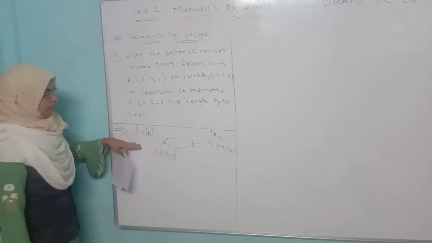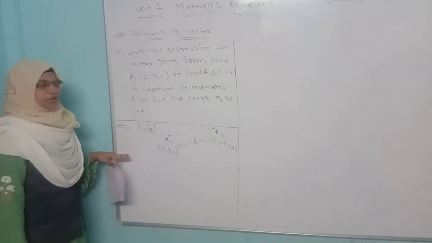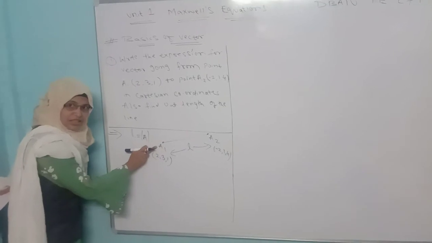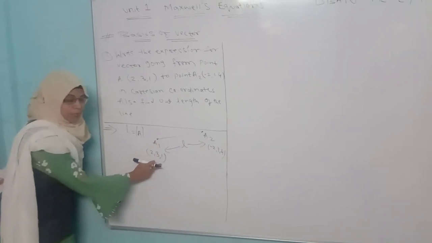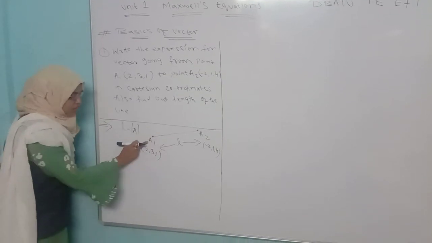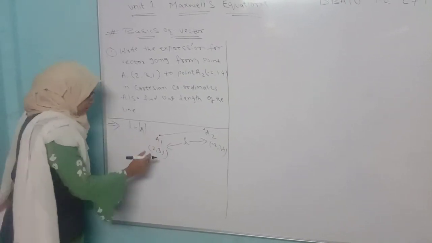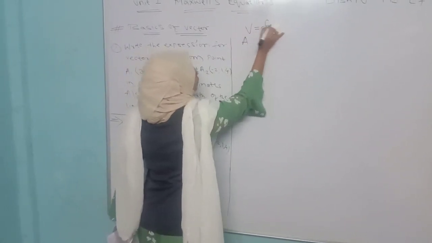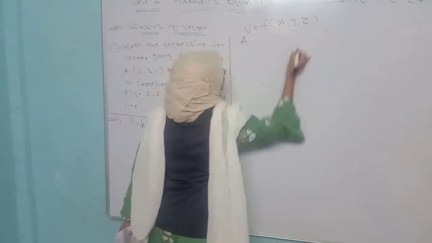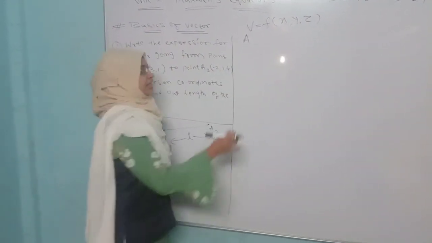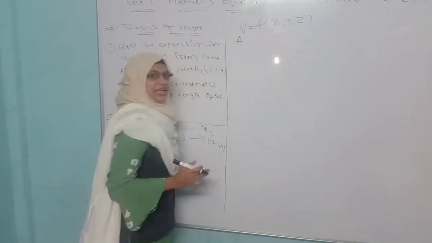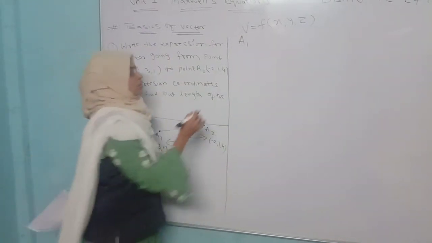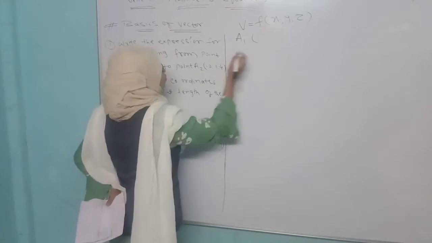Now, how can we simplify this numerical? We can simplify it one by one. The vector A1 has the points 2, 3, 1, but we don't yet have the equation of this vector. How can we write the equation of A1? We know that if V is the vector, then the function can be written in terms of x, y, z, that is, the direction in the ax, ay and az. What is our vector? The vector is A1, and the points of A1 are 2, 3, 1.